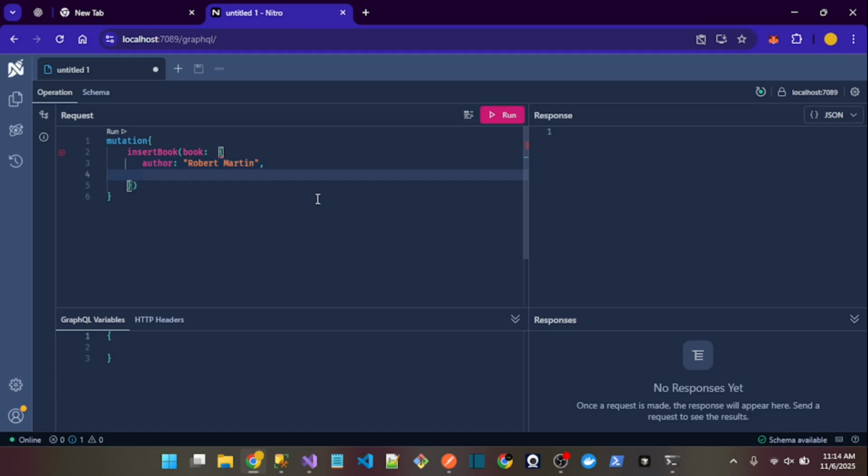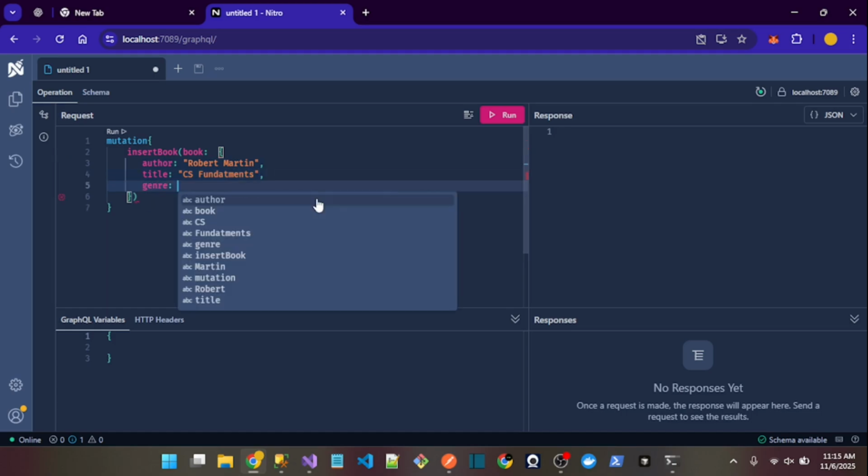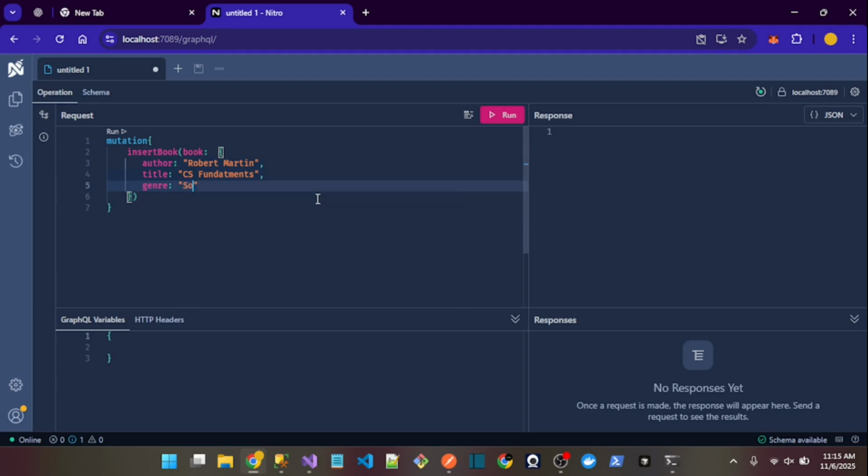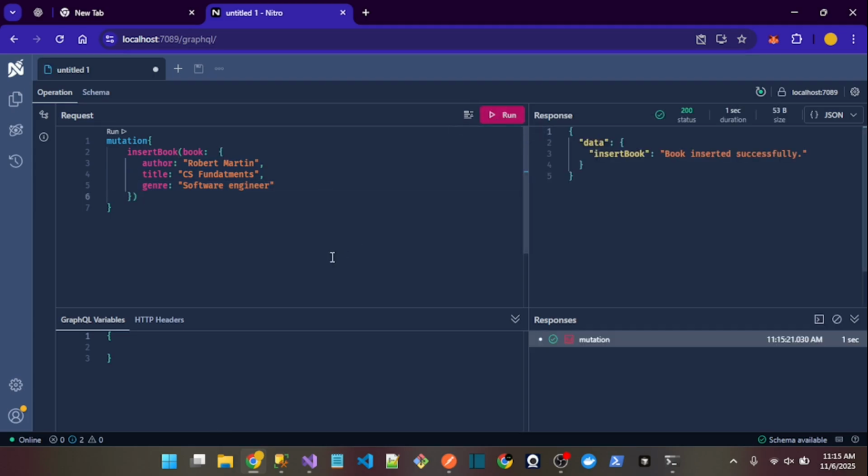Along with that, the title of the book is CS Fundamentals. And along with that, I have to write the genre is software engineering. Like this. Simply I will send the request, then you will get the response that book